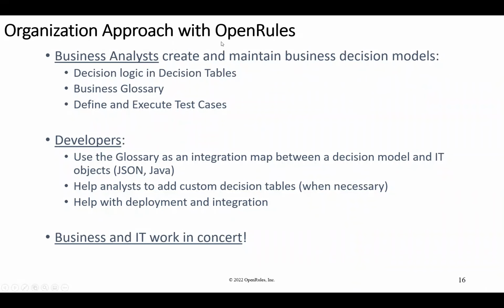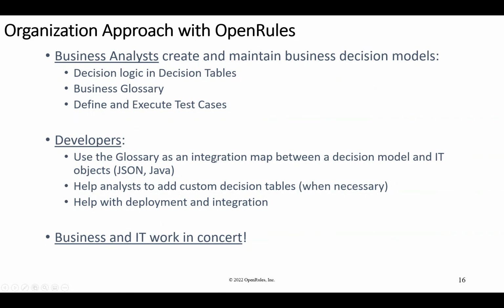Okay, now we have only a few issues to cover today. It's the relationship between business people and developers. What do business people do? They usually create and maintain business decision models. It means they define business logic inside decision tables. They specify the glossary, and they define and execute test cases to make sure that their logic works fine. But they involve developers to do integration. And integration, if you remember the third column in the glossary, this is where developers come, look at this third column, and tell you that you need to put here such and such